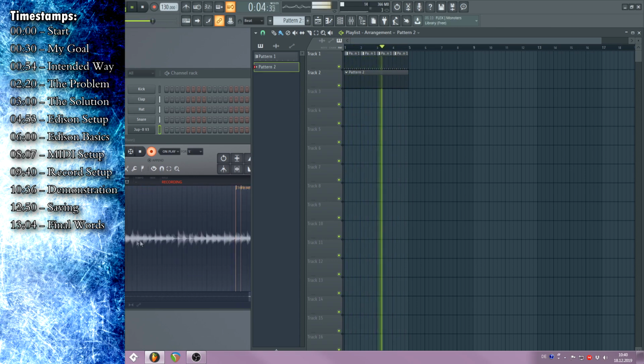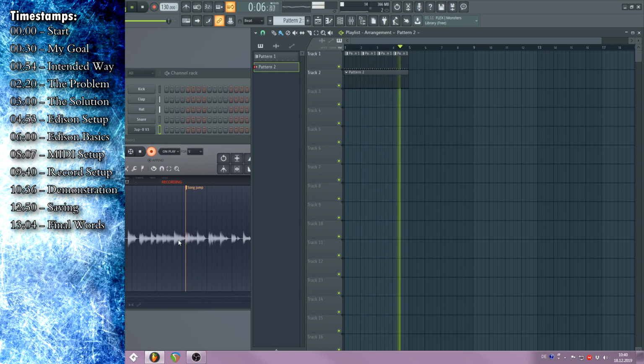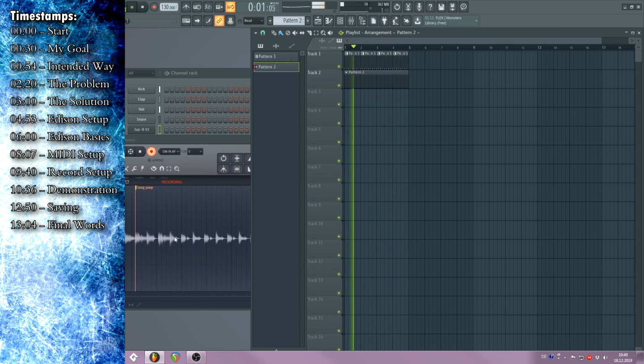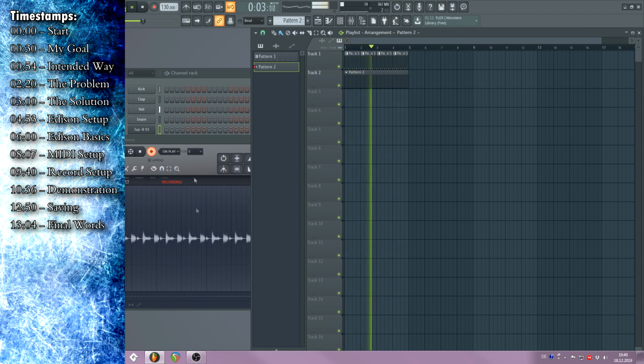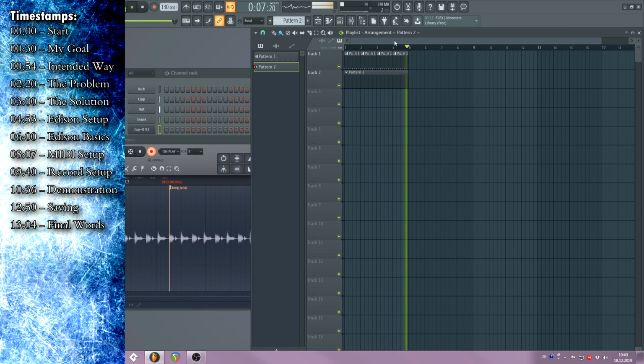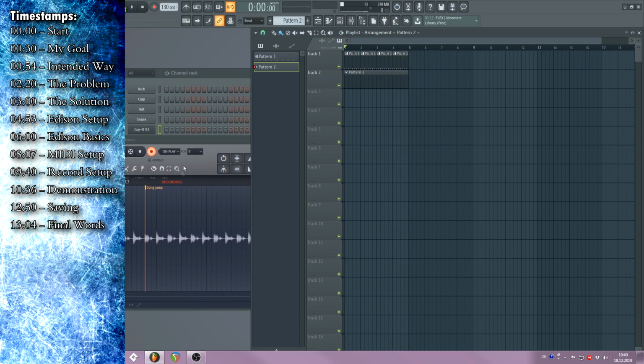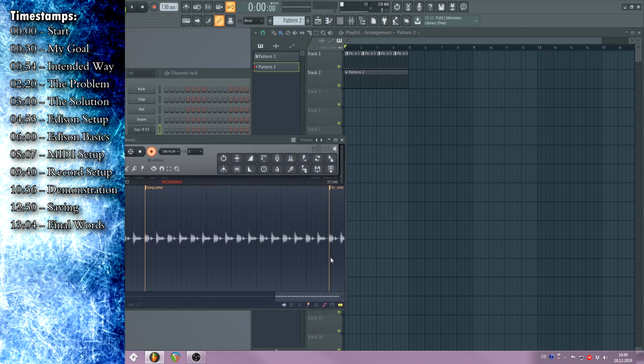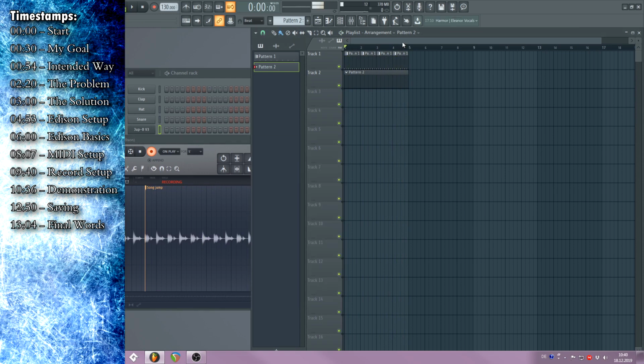So it's kind of visible using the waveform, I think. And right here I stop playing and you see the drums, it's only the drums again. If I press space and stop the playback, Edison will stop recording. If I hit space again,